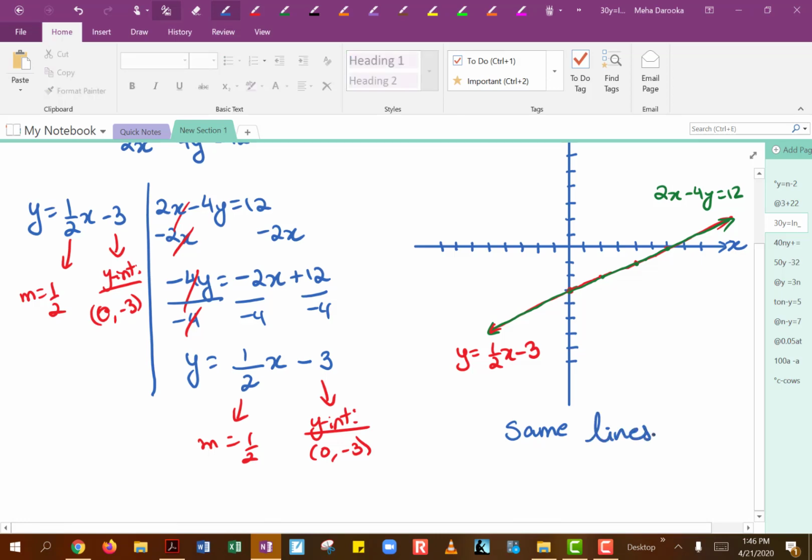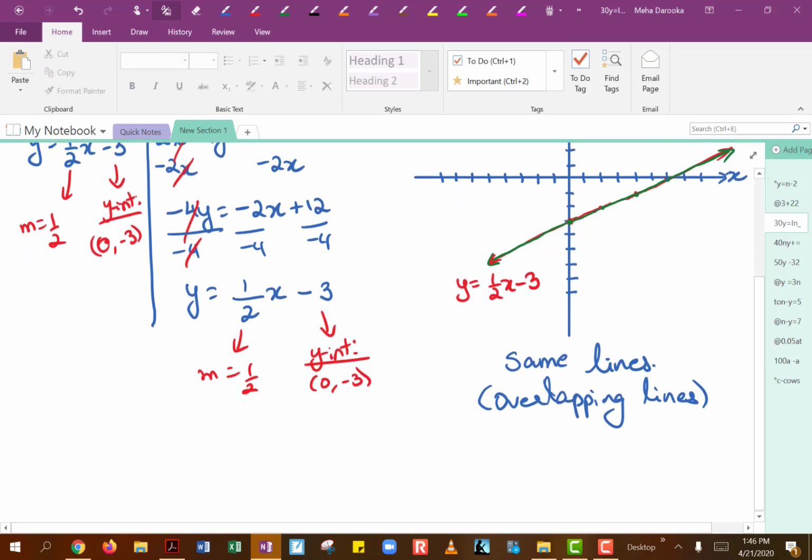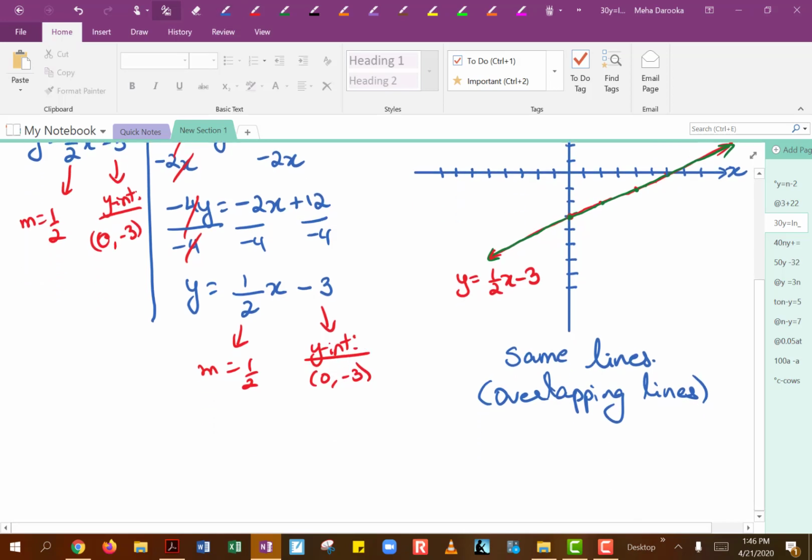Some textbooks also like to call these overlapping lines. So either you can think of them as being the same lines or overlapping lines, it doesn't matter. But since they are overlapping lines, both lines are going to be intersecting each other at an infinite number of points, because all the points on these lines are going to be common for both equations, right? So for equations like these where you end up getting the same lines, we will say you have